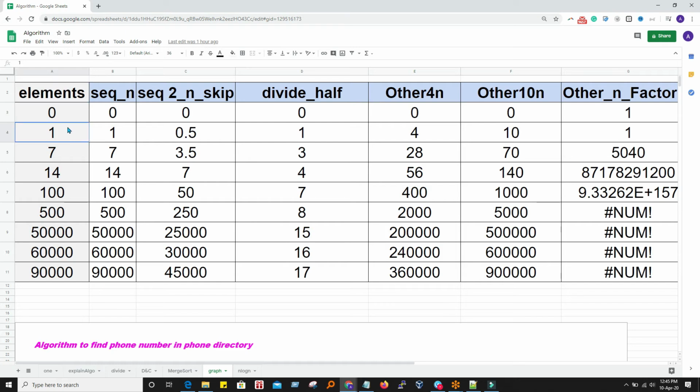For example, consider this is a phone book, and you have this algorithm, for example, this is the name of the algorithm. If your phone book has 0 pages, the number of steps you take to solve is 0, obviously. If you have 1 page in a phone book, the number of steps you take to find a number, because the phone book has only 1 page, is one step to turn that page and see if the person is there or not. If the phone book has